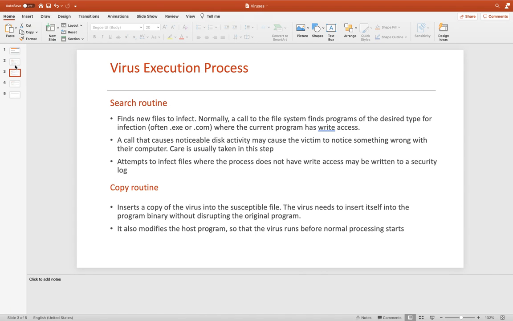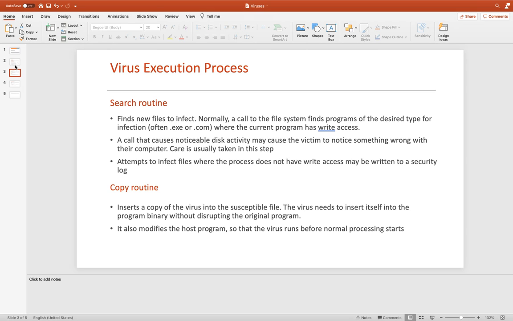There are processes where a virus could be doing these things. This is essentially what we want to discuss in this lecture: how someone could write the code, what a virus is, how it even works, and how you write the code. The first thing a virus normally does is search the routine,